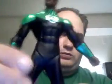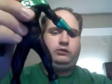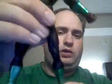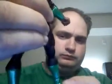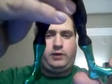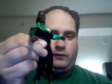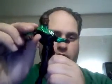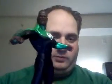Hip articulation, go in and out a little bit, not much. Knee articulation, and bottom of the feet rotate to sculpt and are much more mini statues than action figures, really. Not much posability. He comes with